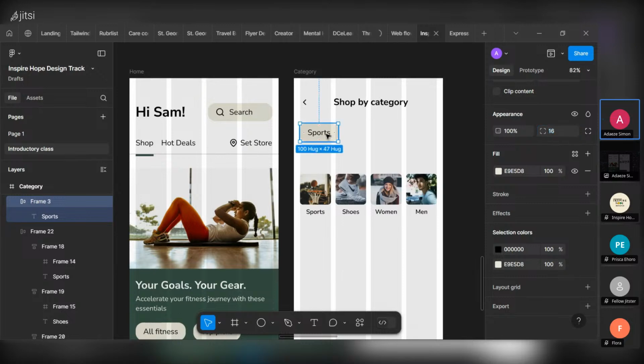Yeah. So Control D. I have an option of using tabs like this, or I could use tabs like